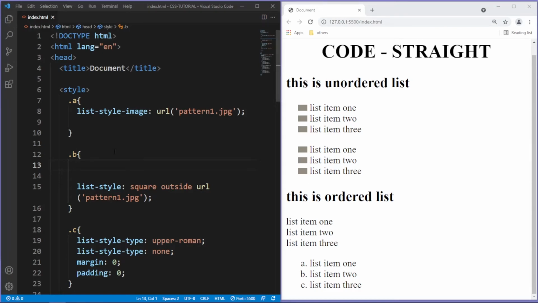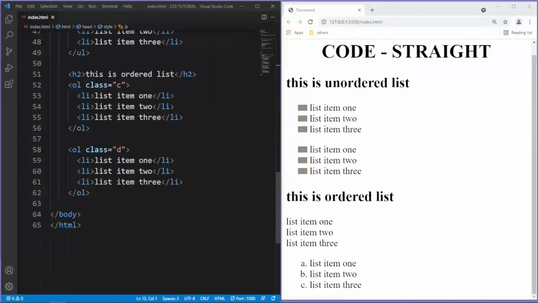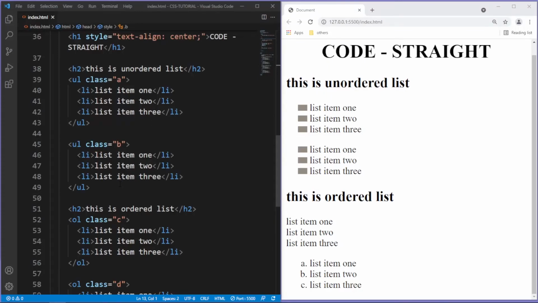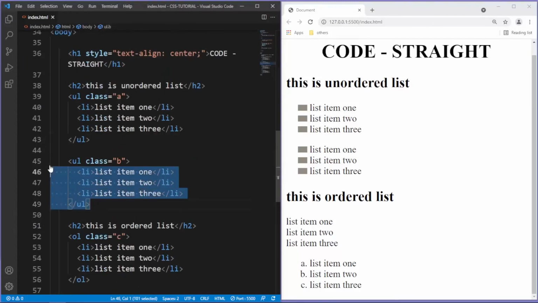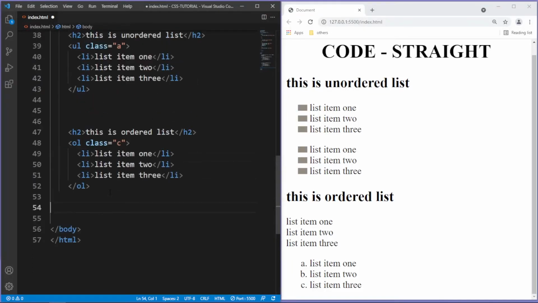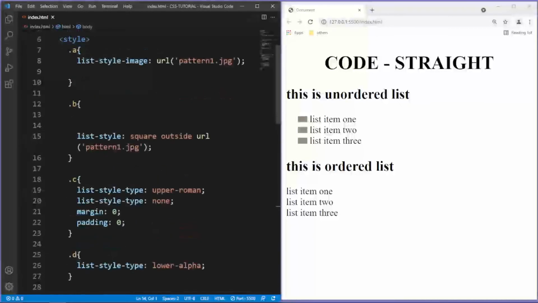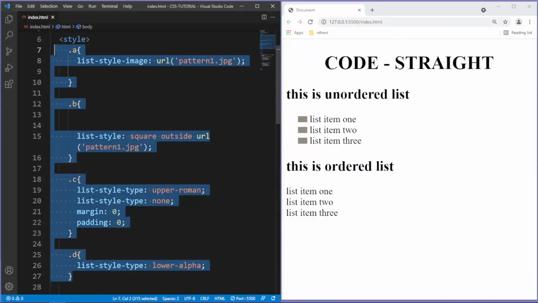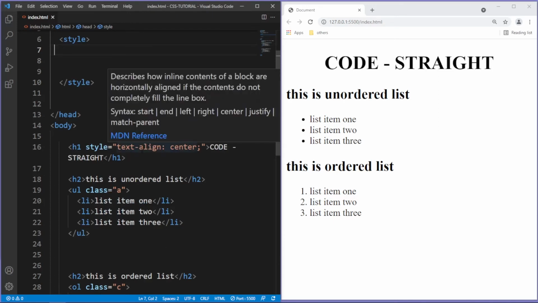Now let's discuss the background colors for our lists. I'm gonna make some changes here. We'll need only 2 lists. Let's delete this list from here and delete this list from here as well. Hit save, and I'm also gonna delete the styling of our lists. Alright,